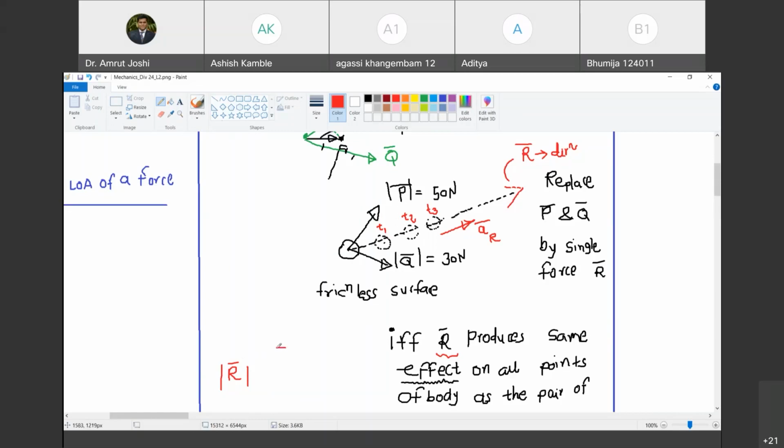And now I am going to take the summation of all the forces acting in the direction of R bar, which is this direction marked by the red arrow, observed experimentally. So what are all the forces acting on the striker in this direction? Only R bar. Do you agree with me? Because I have replaced P bar and Q bar by R bar. Happy? Yes, sir. And by Newton's second law, what should be the sum? The summation of all the forces acting on a body in the R bar direction must be equal to mass into acceleration. Do you agree with me?